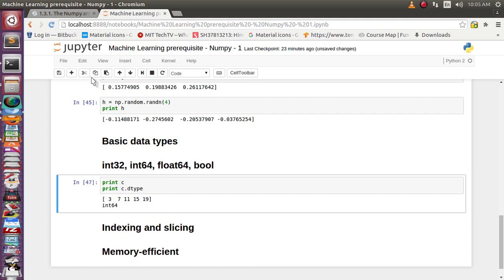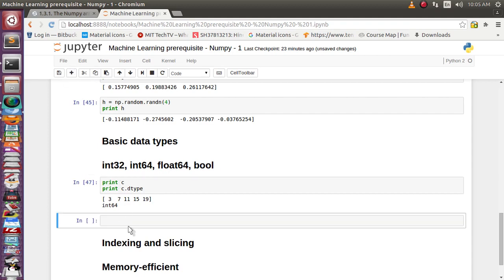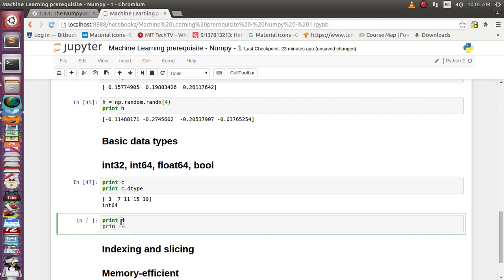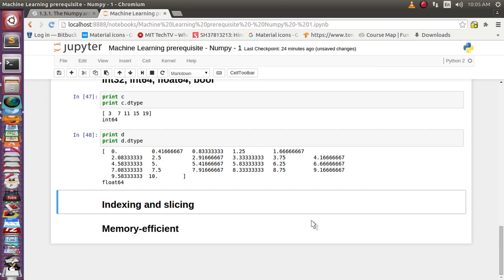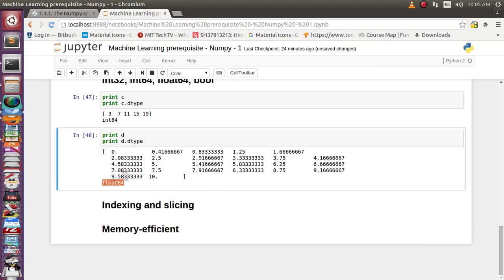Okay, let's see about the array D dot dtype. Okay, so all its values are 64-bit floating values. That's why it has printed float 64-bit.